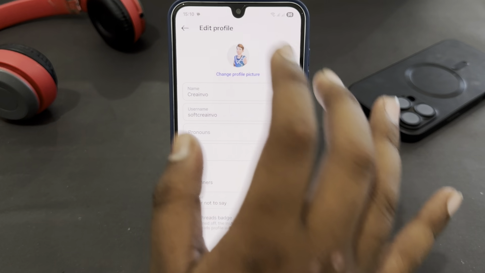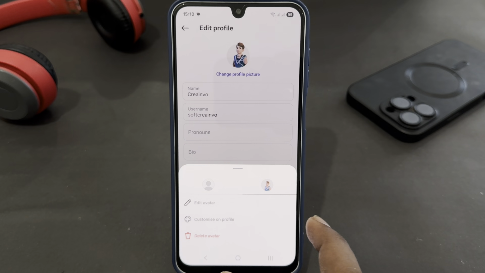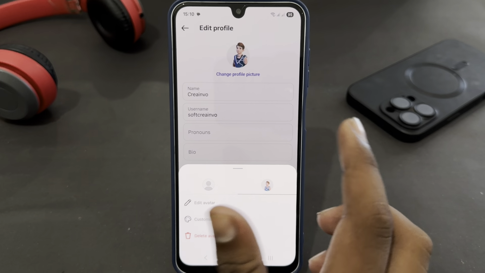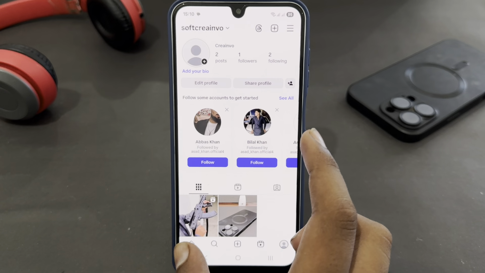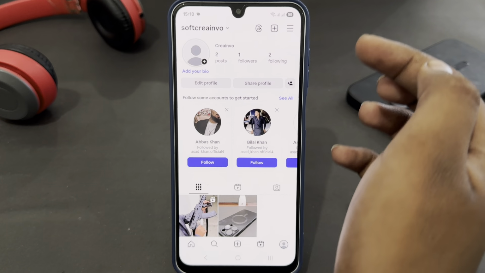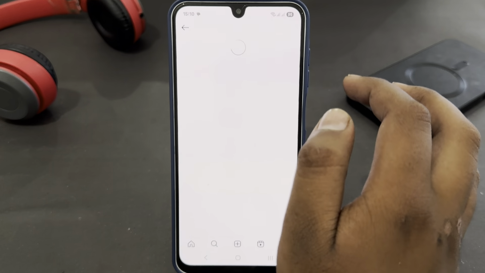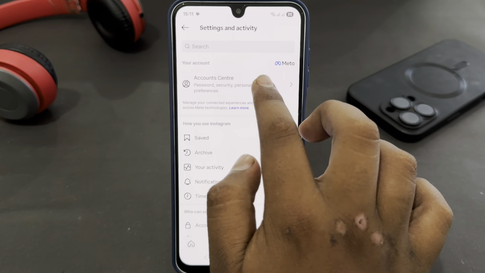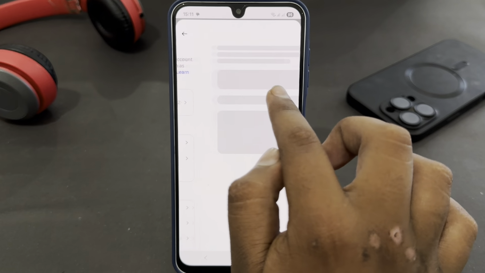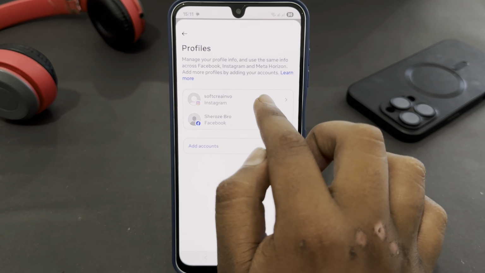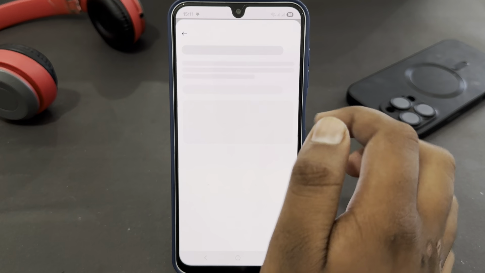If you can't find this option here, you can easily find it from your profile settings. Just go back, and tap on the three horizontal lines in the top right corner. From here just tap on account center, then tap on profiles. From here just select your Instagram profile, and here